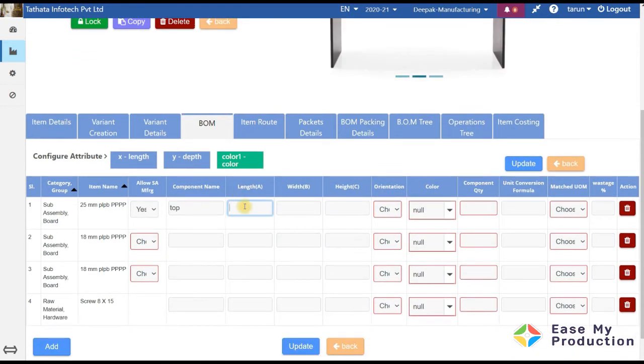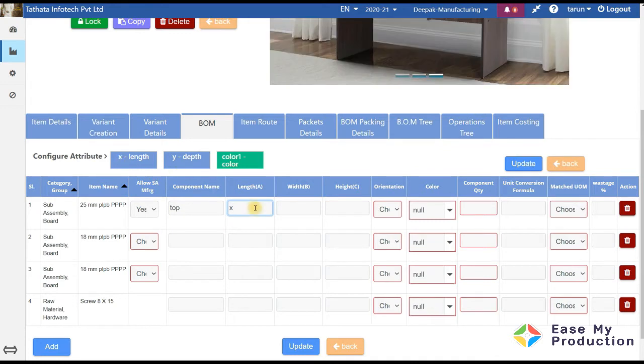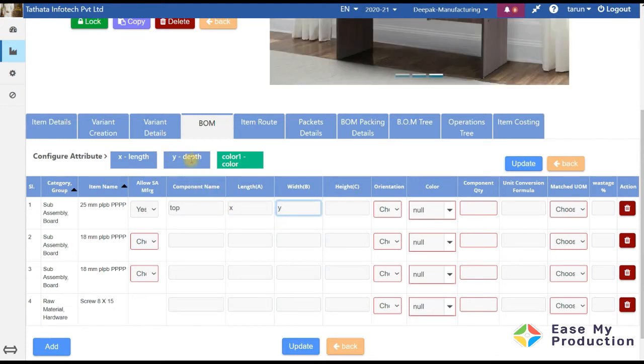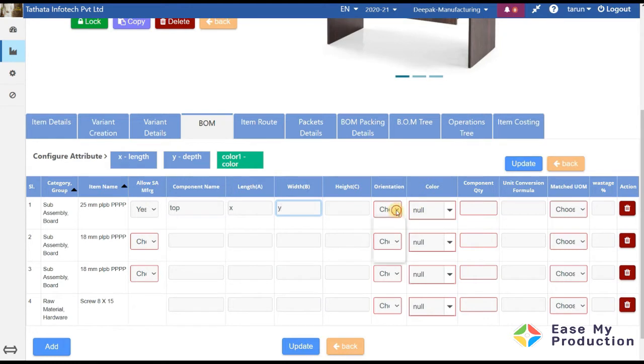So I will say length is my x, and here we can give mathematical formulas. Now x is my variable for length, and y is my variable for depth. So my top size is x and y, and then orientation is the orientation for the grain.